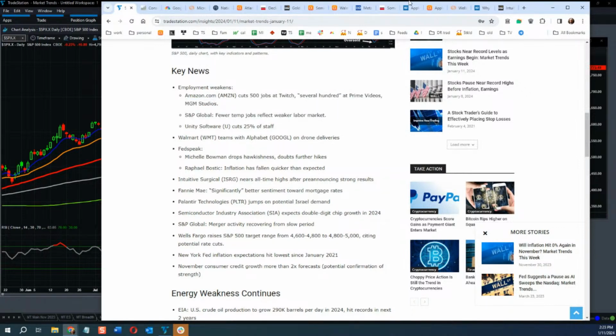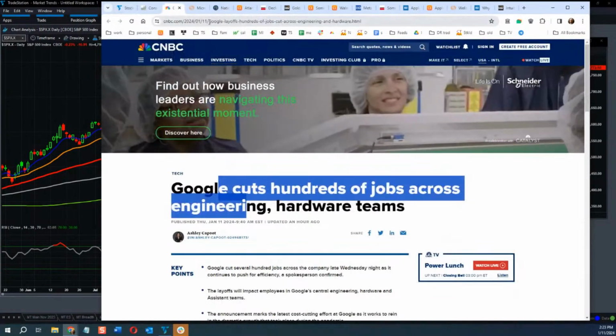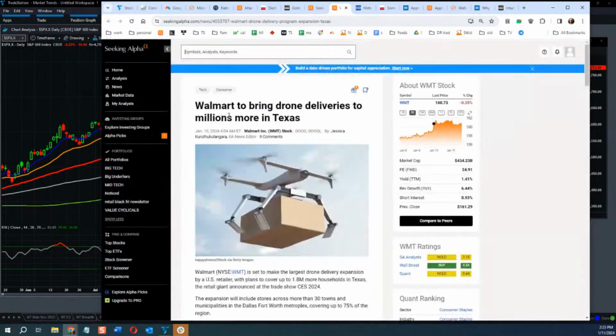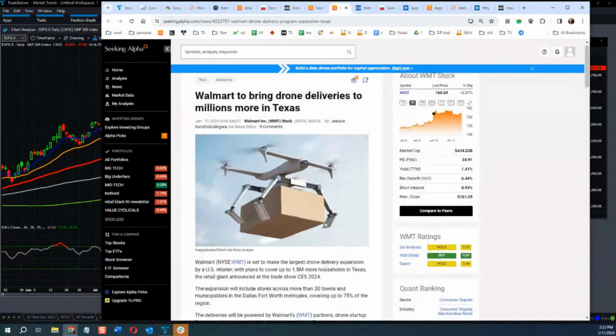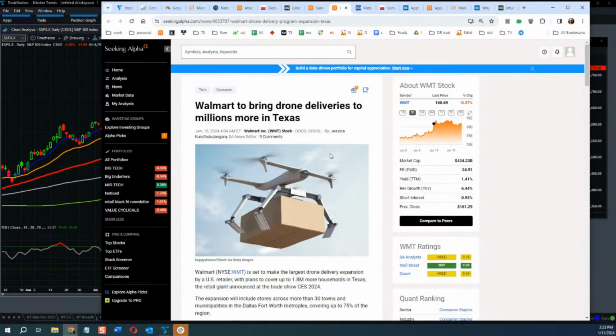Interesting little article. I thought it was just more of a fun oddity, but apparently this was kind of interesting. Where's this article? Walmart to bring drone delivery. I just thought this was interesting because things like this are going to become more common going forward. You have 2 major companies that are obviously starting to use something like this. They are starting at this spot in Texas, but if we go into the future, and you remember what it was like to not have drones delivering your groceries, then in like 10 years,